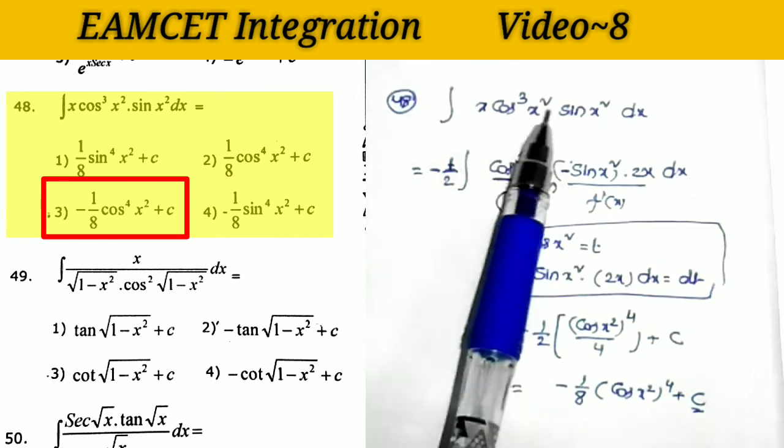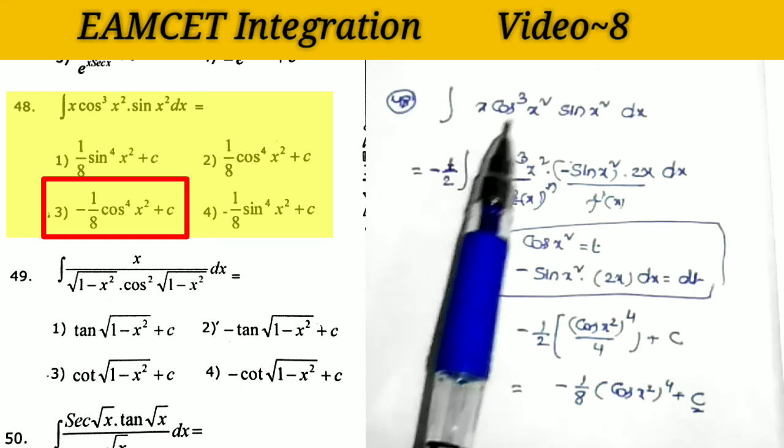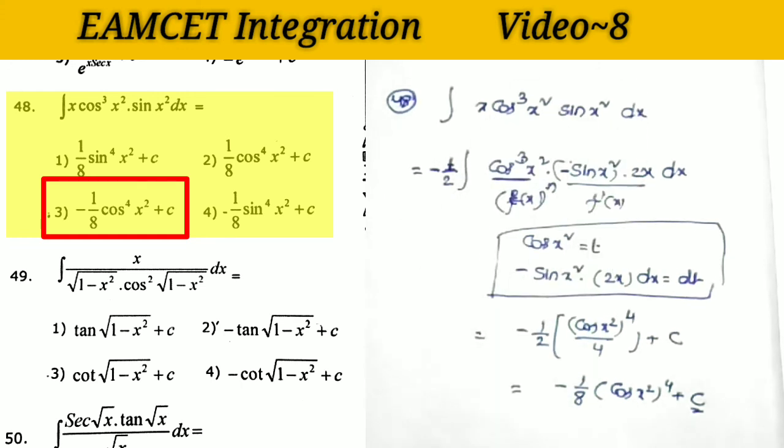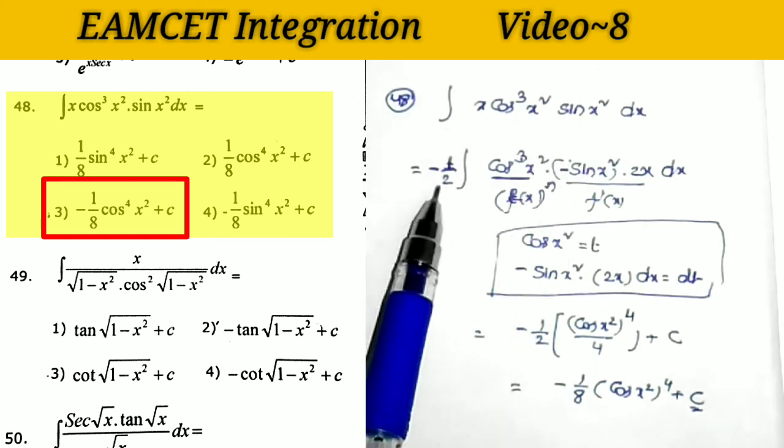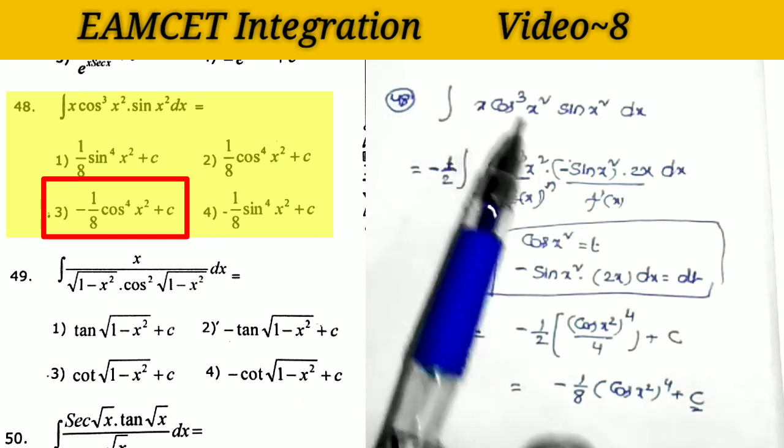First identifying the f of x function in the given quotient and forming its derivative to apply the formula. Okay, to form its derivative means here we have to apply only a constant. Already here we have the x terms.